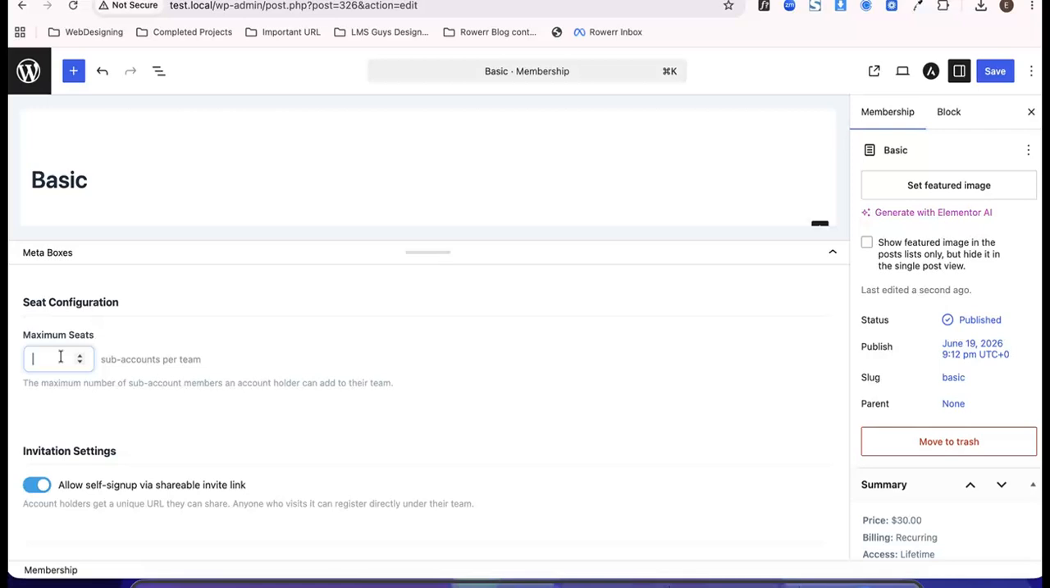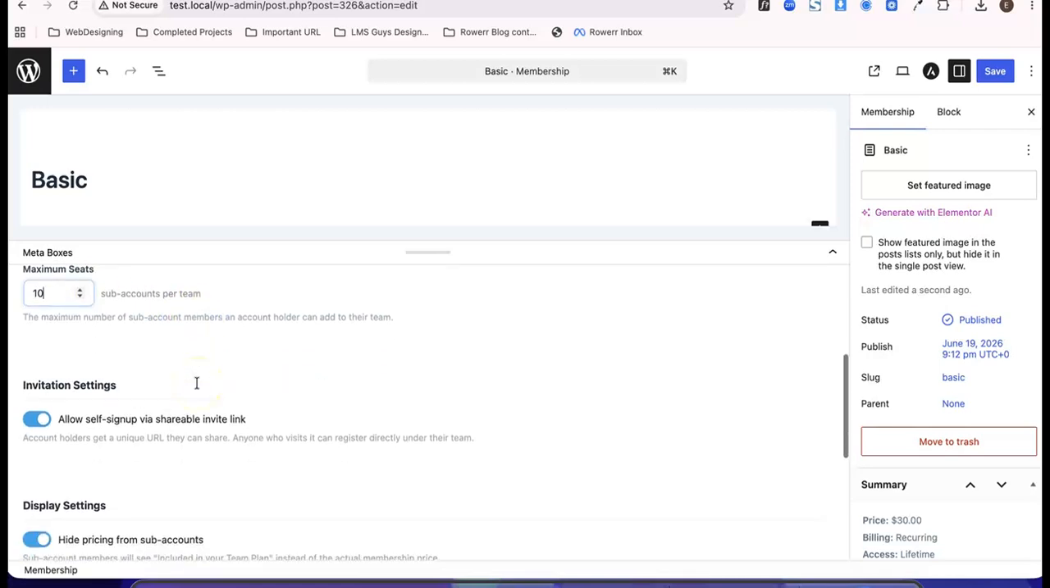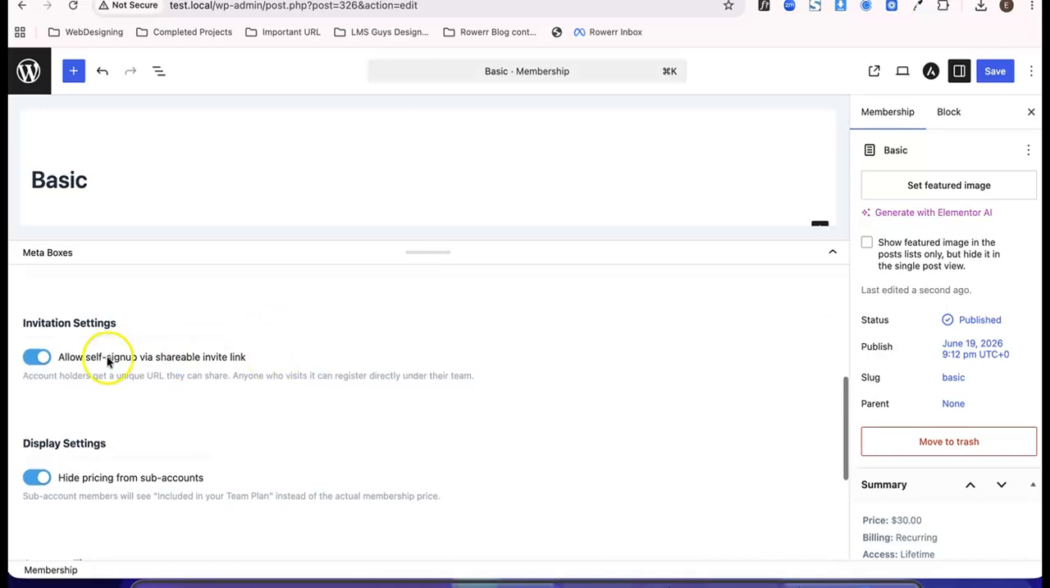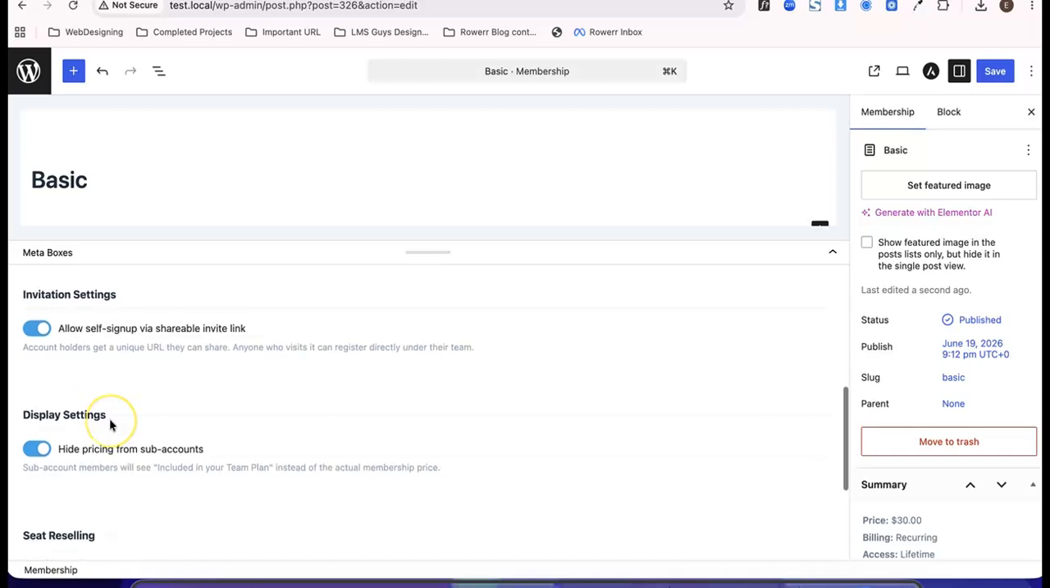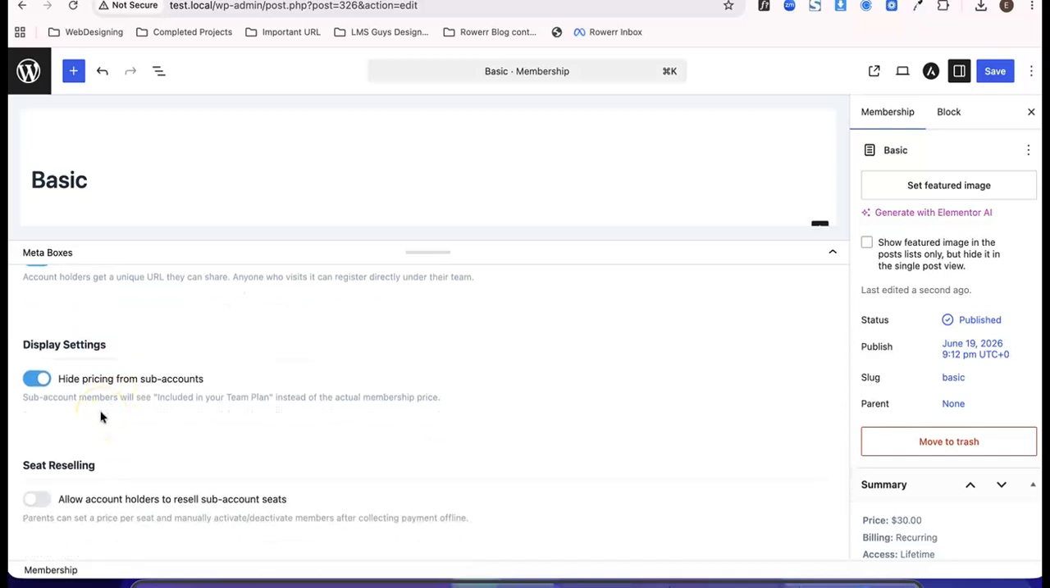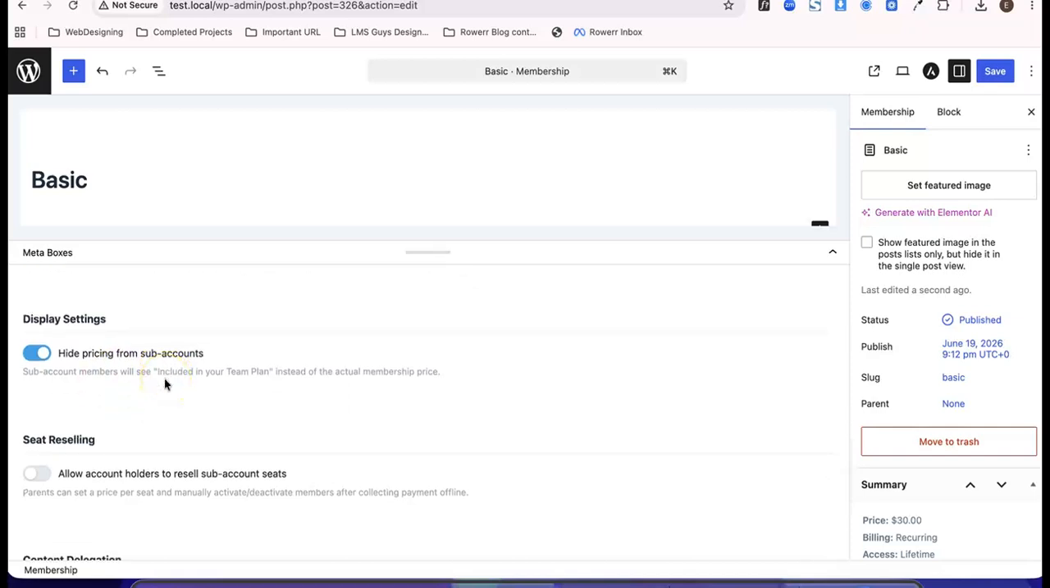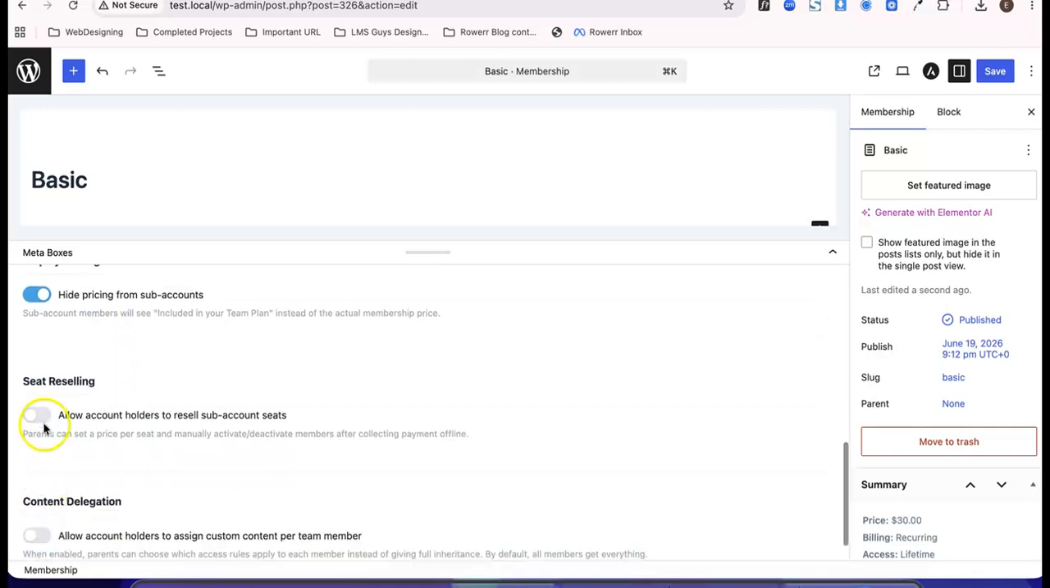Let's suppose we are offering 10 sub accounts for the parent account. So here some options like the parent member can send an invitation link to the sub account member to whom he wants to add, or he can create his own account on his behalf and just send him the details. So the parent member can resell the account, like he can sell the sub accounts to his colleagues or friends for $10, $15 per month, or whatever he wants,